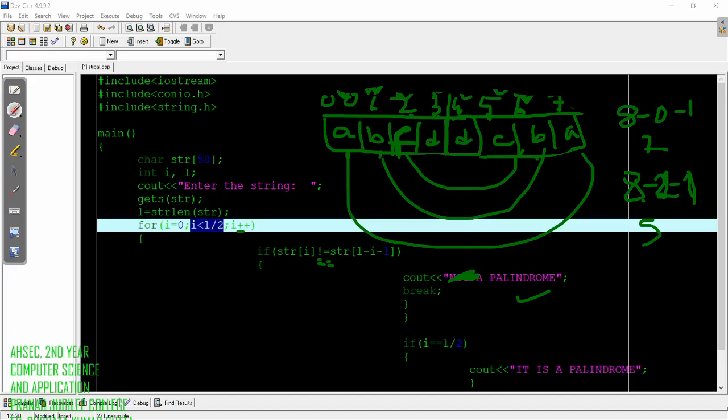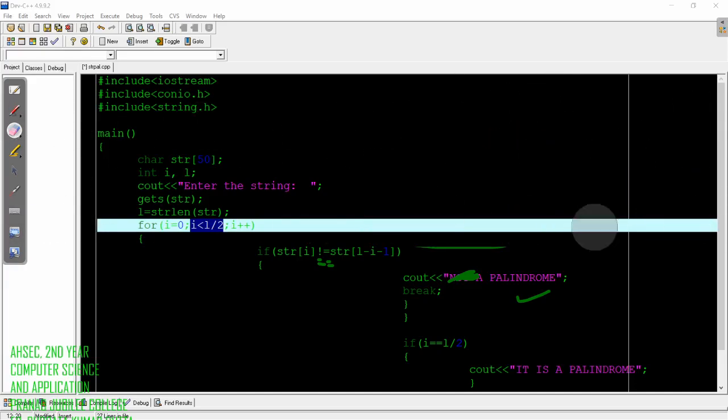So for a palindrome, every character or every element of the array must be the same as the one in the opposite half in the opposite direction. So in reverse, if any of the elements is not the same, then it does not satisfy. That is why we have used the reverse.